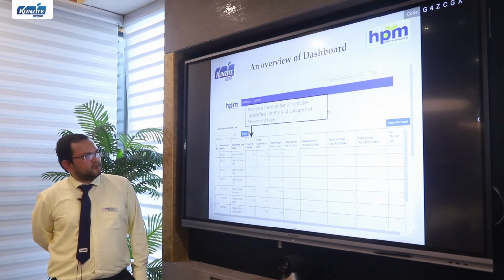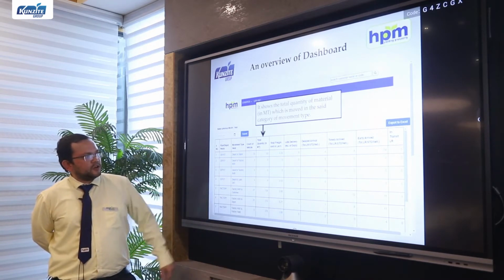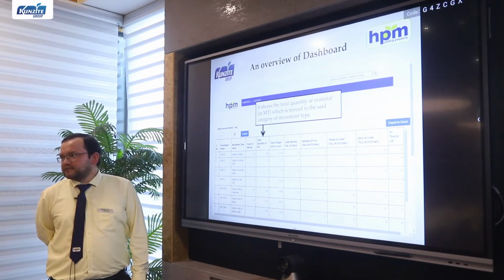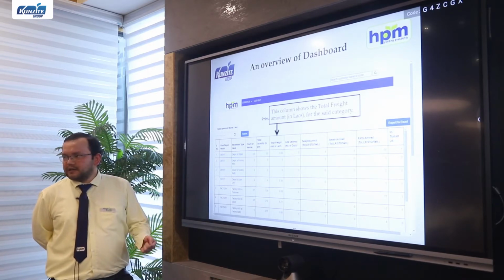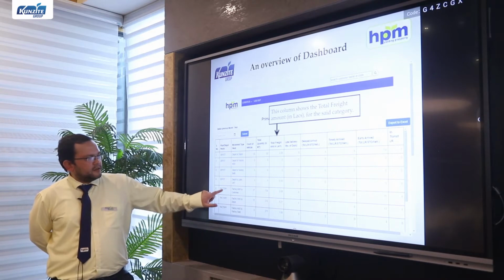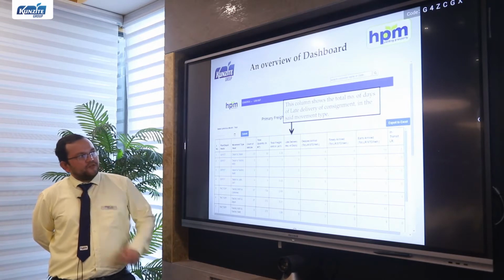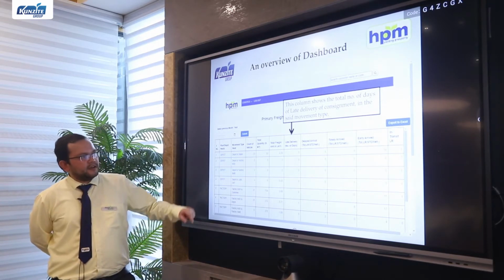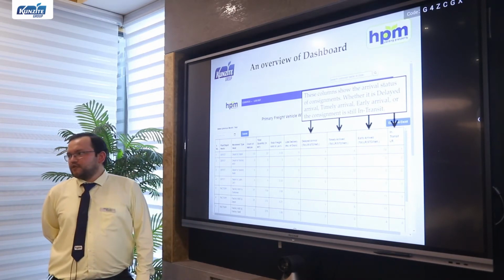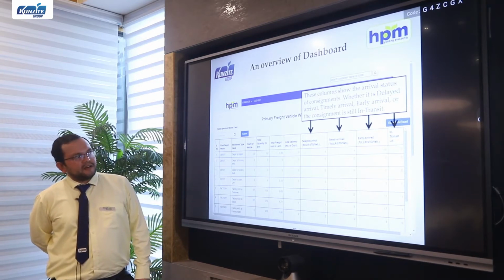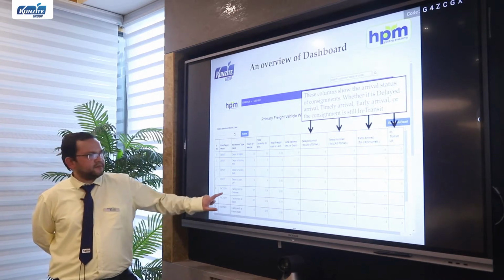This column shows the number of vehicles that are dispatched in that particular category, the total quantity of material which is dispatched, the total freight cost that is incurred in that particular category, the total number of days of late delivery of consignment for that particular category, and these four columns show the arrival status of that consignment, whether it is delayed arrival, timely arrival, or early arrival, or it is still in transit.